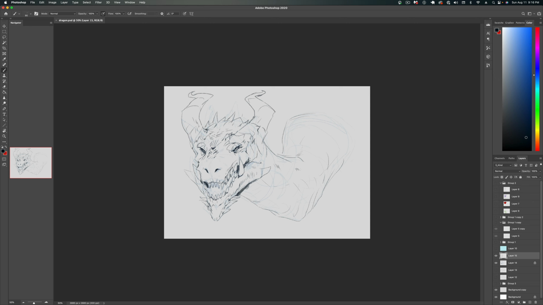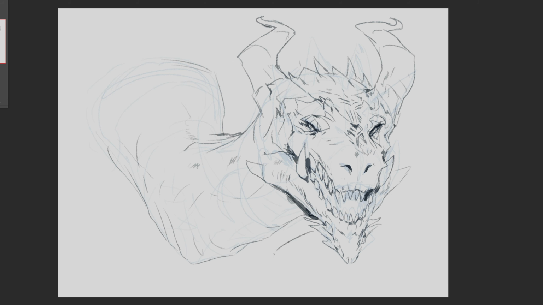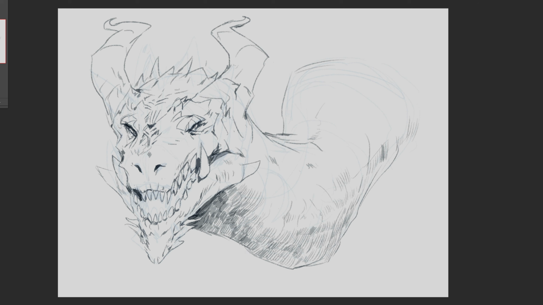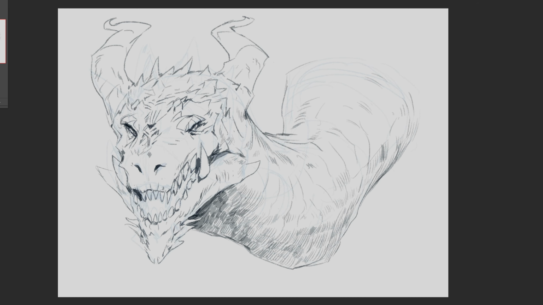But I am also going back in and erasing certain marks and sketching over what I had already sketched. Now, you could make a whole other sketch for this, drop the opacity down on this one and do the lines over again, but for a second level sketch or something that's not entirely going to be super finished, that's a bit overkill. But what you can do is just shade certain parts of it, like the underside of the neck, as I mentioned earlier. I'm just using that same kind of perpendicular mark that runs up and down the